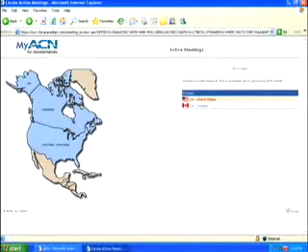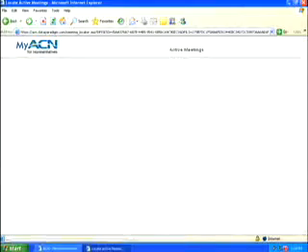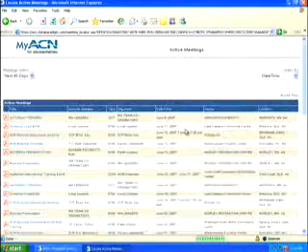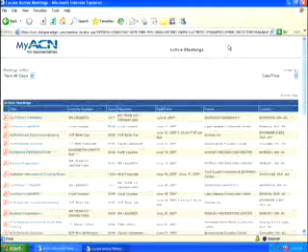Okay. The other thing, this is global, so just to remember, next week we're going to be in Australia at the Australian event. Again, I would select Australia here in this case, and it would show me all the Australian events. So for those of you that have friends in Australia and you want to network them in, this is the tool to use to know where the meetings are, to get the contact information, and to network all of your prospects in. Does that seem pretty simple? Pretty nice tool? Excellent.